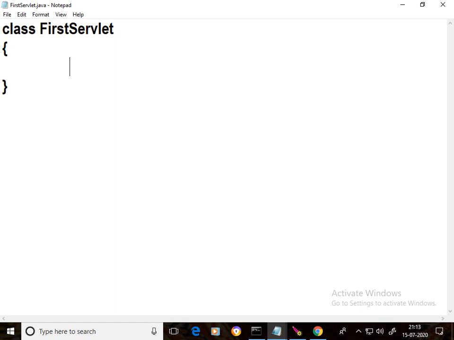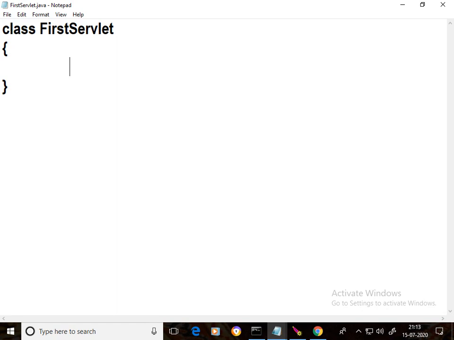So that is the reason we have to write lifecycle methods. For execution purposes, lifecycle methods are there. All lifecycle methods are part of the javax.servlet.Servlet interface.